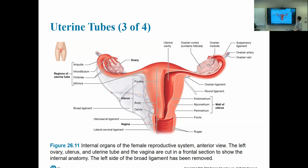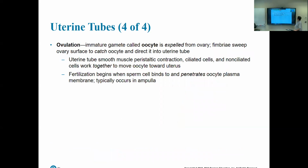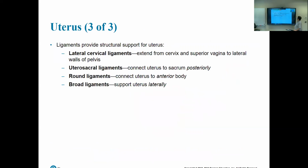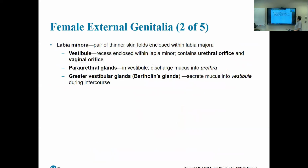Okay, all right, can y'all see all that? Okay, pretty cool. Now we're going to ovulation. This is where the egg is released. And then we have the womb, right? We've already seen the parts of that. I'm going to slide through some of this anatomy. We're going to get on to